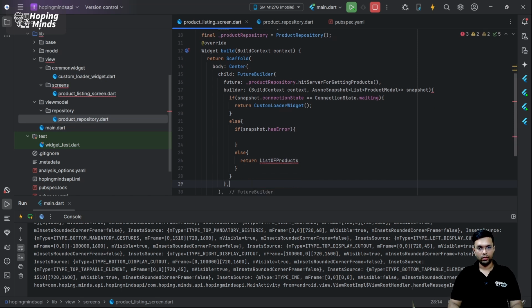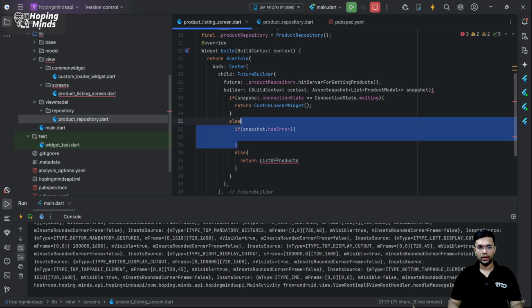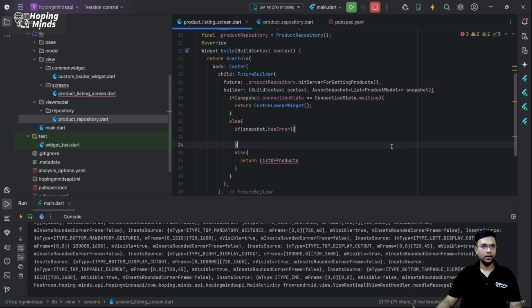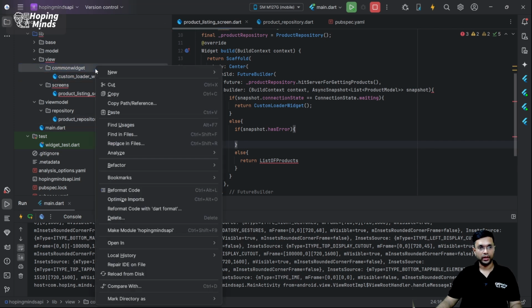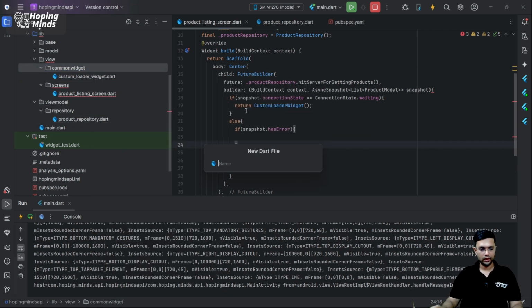Now, what I'm going to look for is how, in the same way, I can also have my error screen designed. Now, because we have already done one animation for displaying my loading, over here, let's say